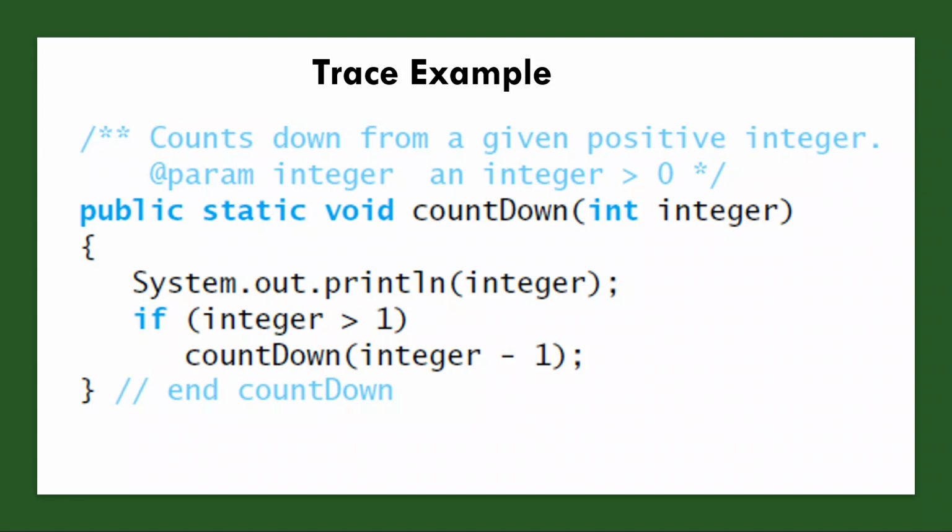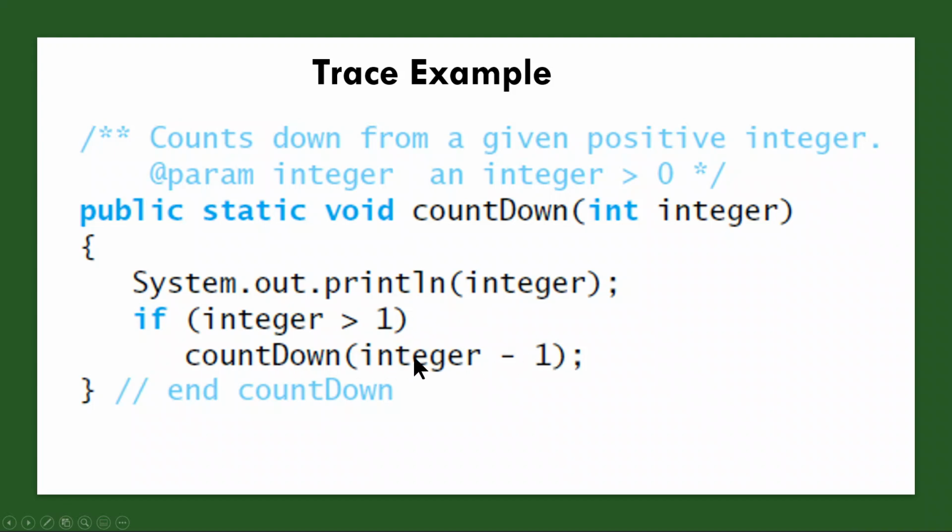Now, if we were to trace a smaller example, this is a very small, not useful, recursive method. This is just more for demoing, a smaller hello world of recursive ones. This is just one that counts down. So it prints the integer out, and if the integer is greater than 1, then it does a recursive step down here. This is something you could just write in a loop, but being a recursive definition, we can see one step that's here. We have a recursive step for the smaller ones: I'll print out the one integer,